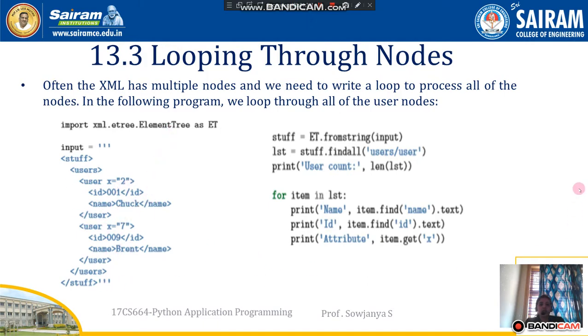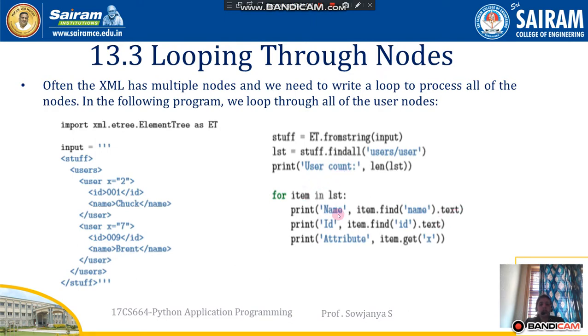So we have fromstring, and we know the meaning of this fromstring. Then lst is equal to stuff.findall of users/user. It finds all the users in this particular ElementTree. Now first, what should it do, it should print the user count. We have a user count, that is 2 users we have specified here, and obviously it should be 2 users,